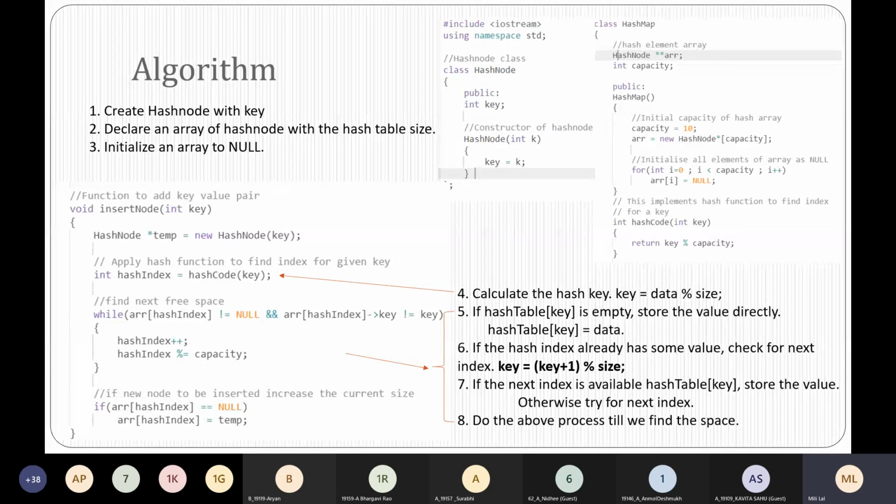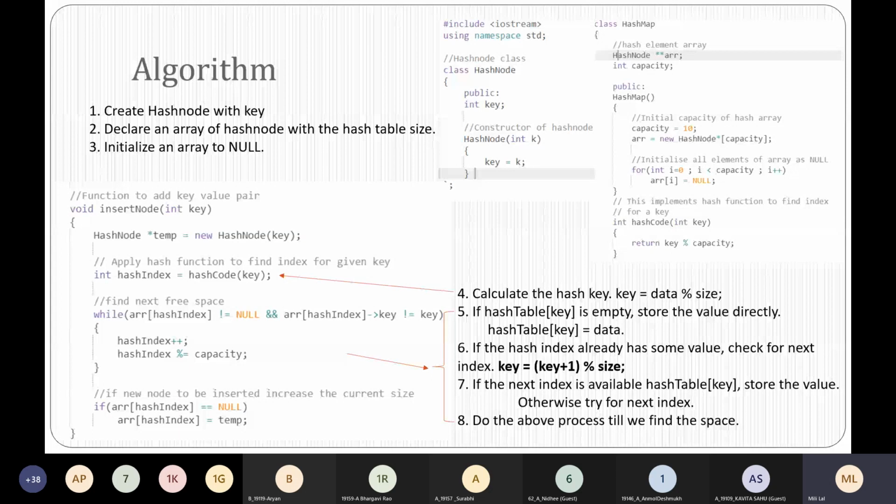That means our array of objects is ready. We have initialized every bucket to null, and we have the hash key also ready. Okay. So now what are we doing? We are creating a node which has to be placed inside the array. So that is temp. You're creating a node temp, and that has to be placed where you have to calculate the index for that key by calling the function hash code.